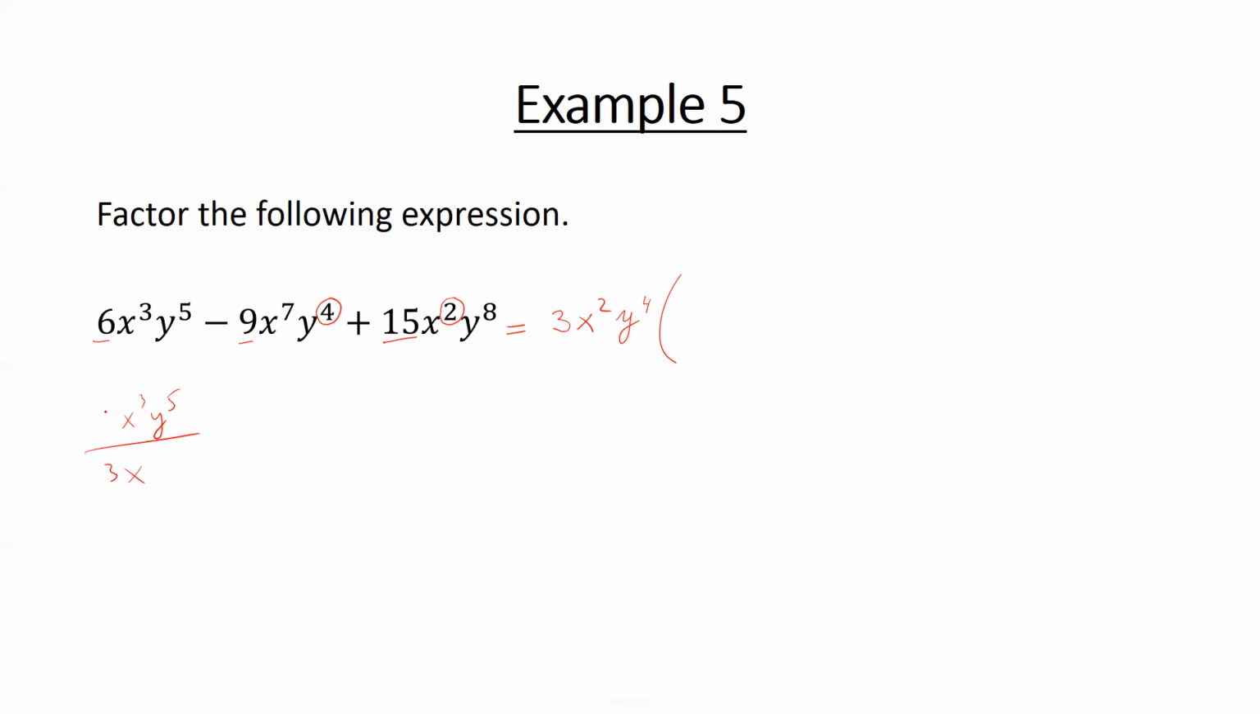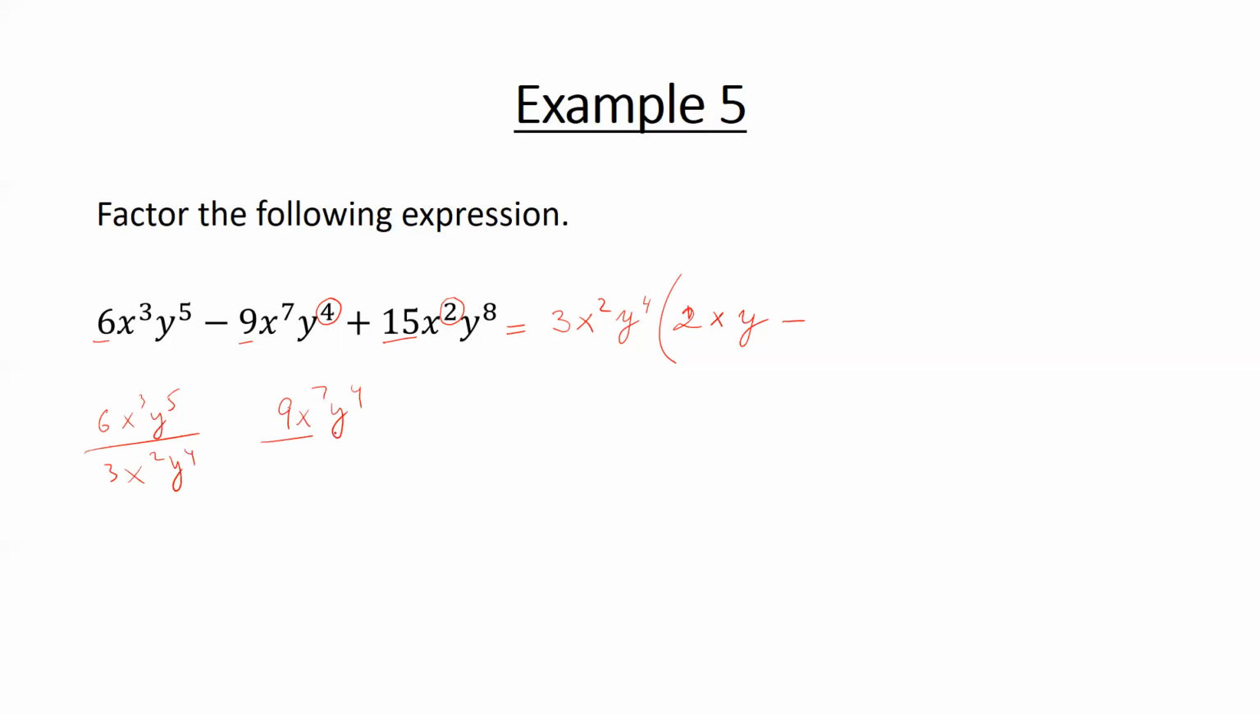And now if we divide 6x cubed y to the fifth by the GCF, 3x squared y to the fourth, 6 divided by 3 is 2, and 3 minus 2 is 1, so that's x to the first, and 5 minus 4 is 1, that's y to the first, so we are left with 2xy,